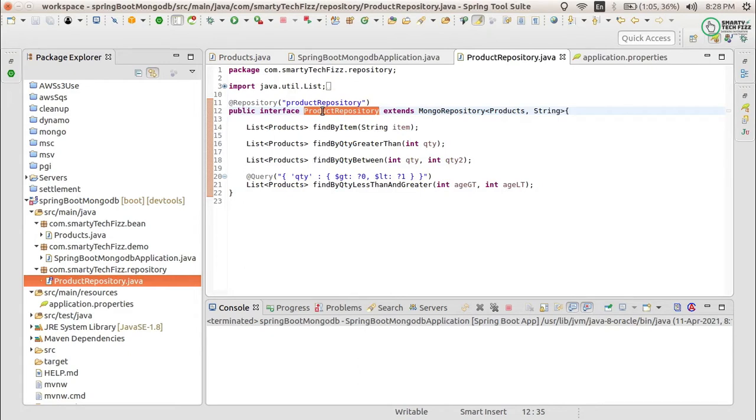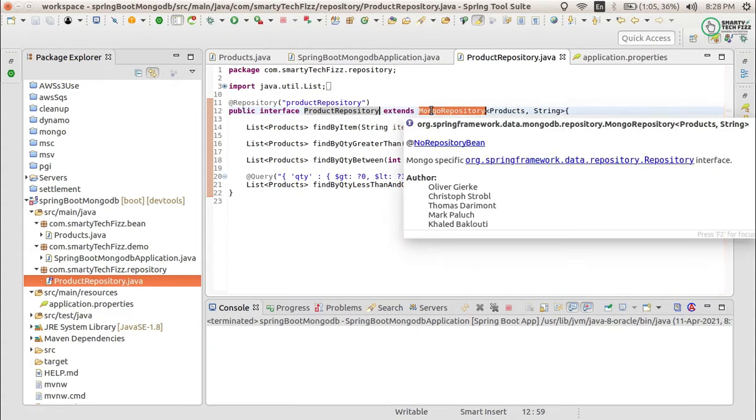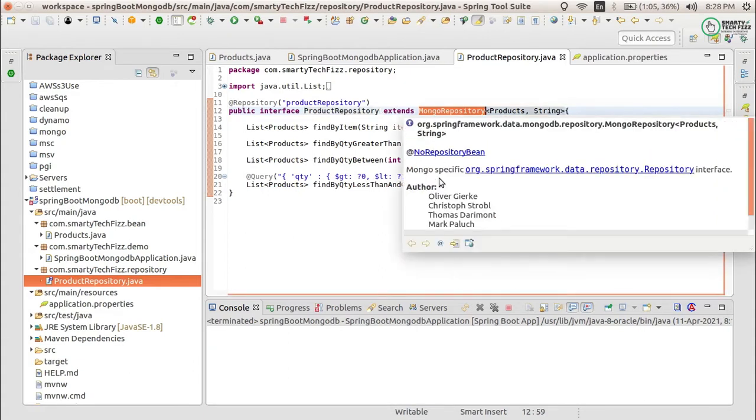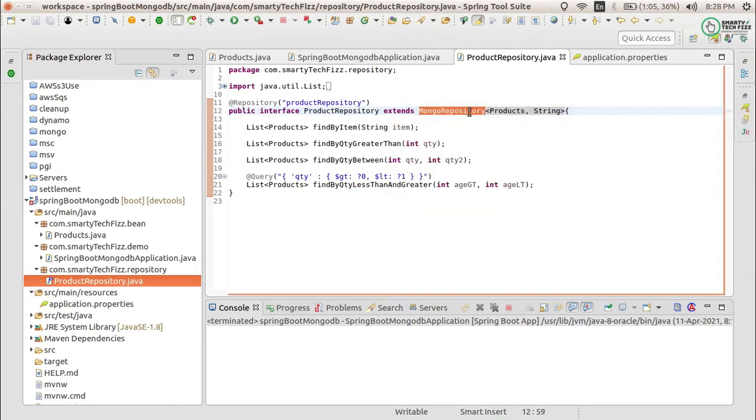So just create an interface, and after creating it, you have to extend the MongoRepository. It enables all the repository methods on this interface, and this MongoRepository will be containing the results of the products collection with string output. You may have object outputs, then you can mention the object output here. I am just representing the string output, right?